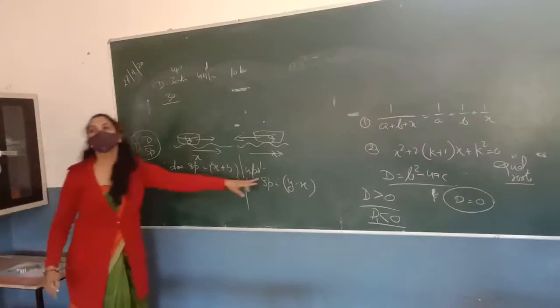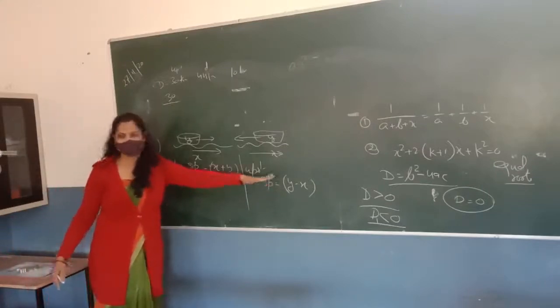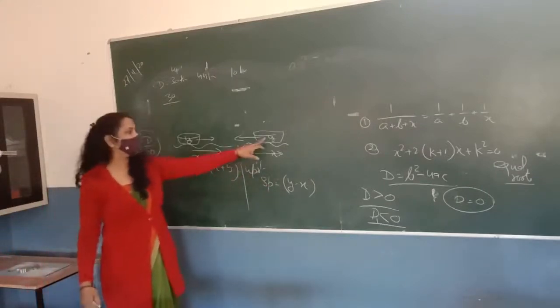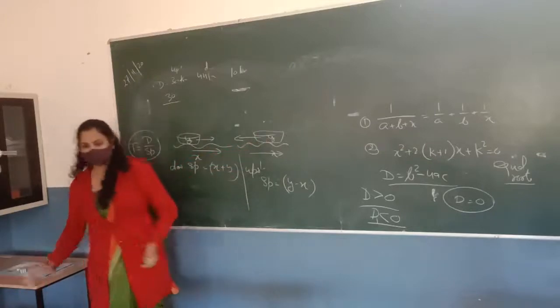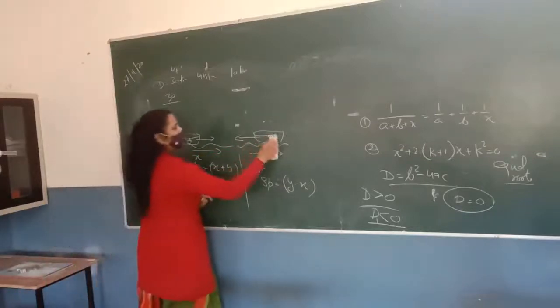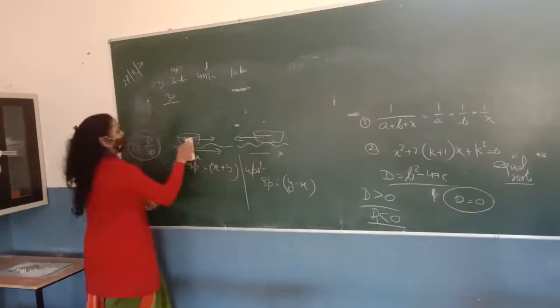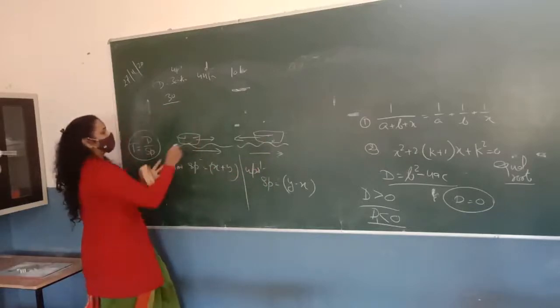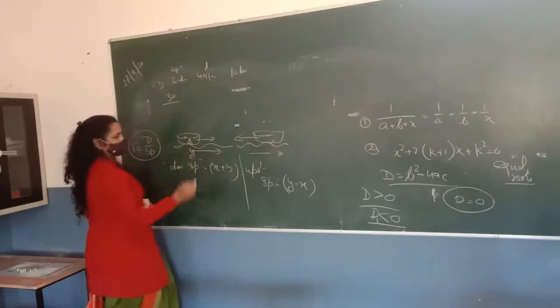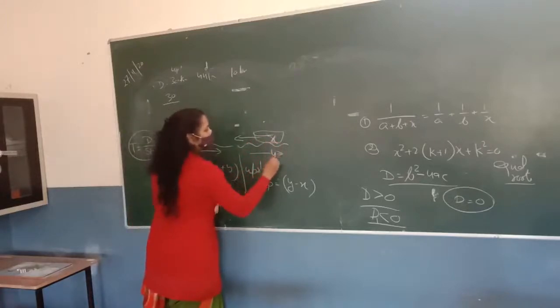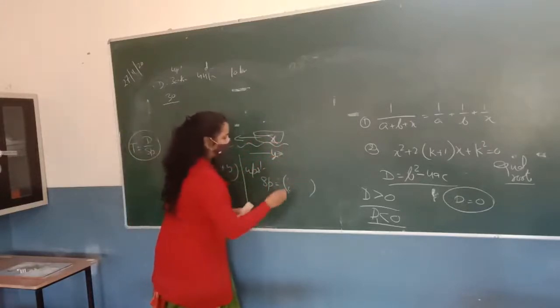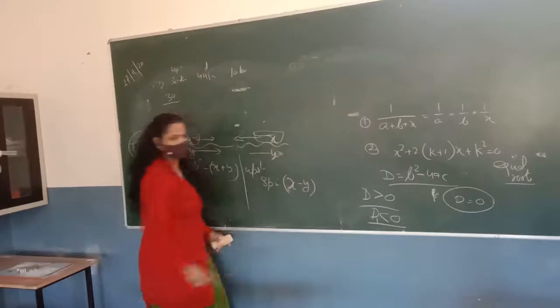y minus x. अगर आपको y minus x अनकंफर्टेबल लग रहा है तो आप x ले लो बोट की स्पीड और y ले लो रिवर की स्पीड, तो इजी हो जाएगा, चेंज कर लेते हैं, ठीक है? x ले लेते हैं बोट की स्पीड, y ले लेते हैं रिवर की स्पीड। अब थोड़ा ये अच्छा लगता है, x minus y थोड़ा अच्छा सा लगता है।